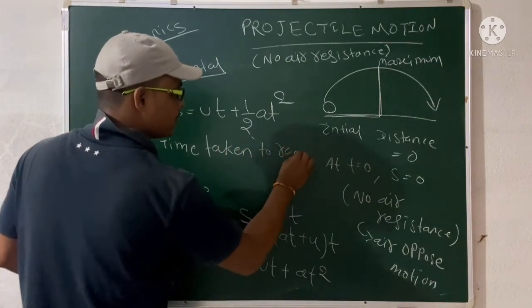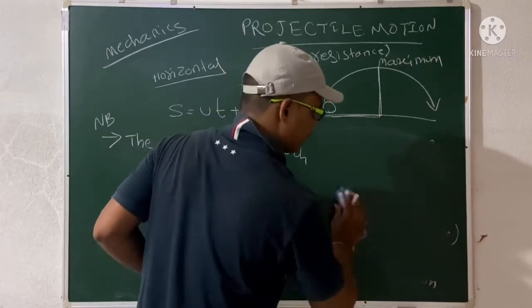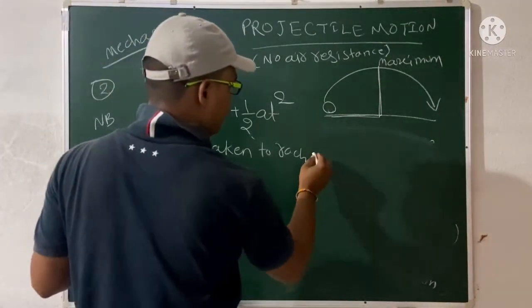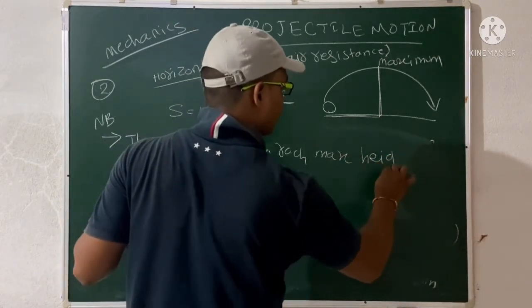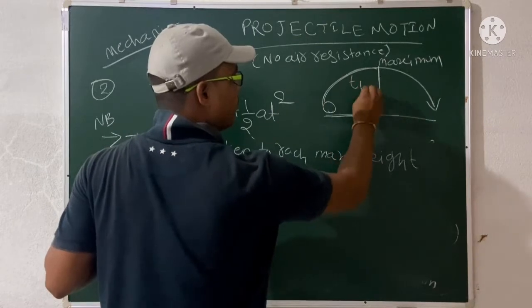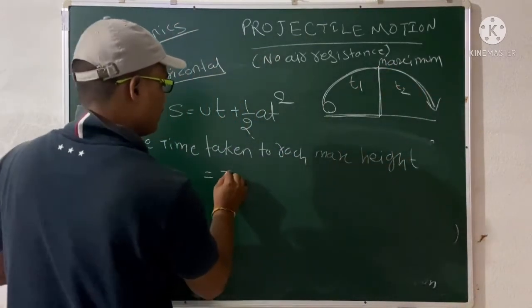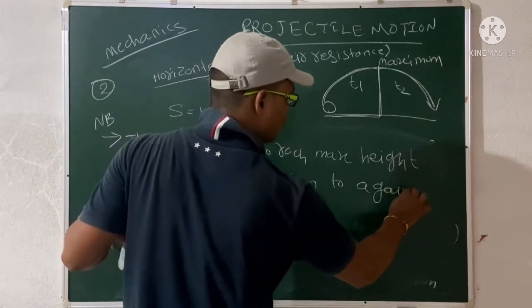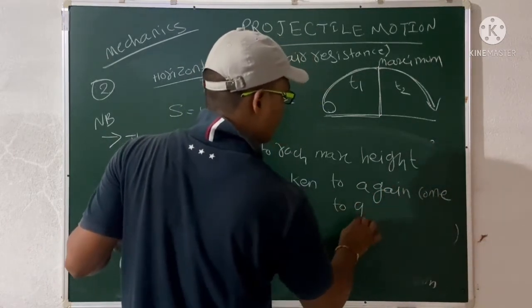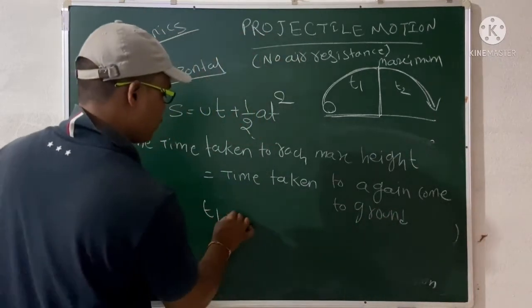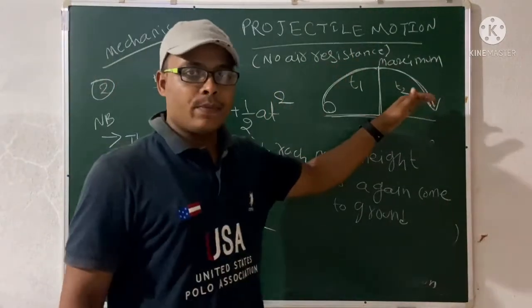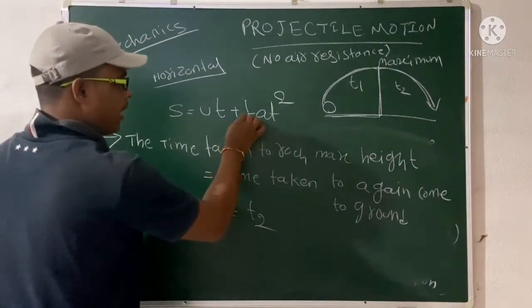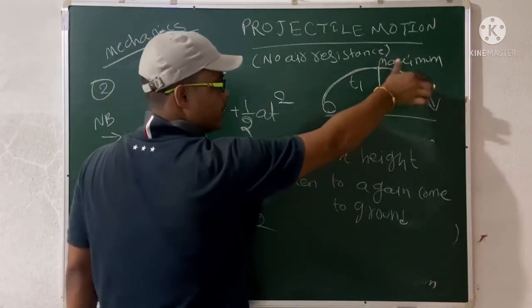This is the second case: the time taken to reach maximum height, that is T1, and T2 is equal to the time taken to again come to the ground. That means T1 equals T2. So remember, the time taken to reach maximum height is equal to the time taken to come from maximum height to the ground. That's why we have given one half side, because the initial path is equal to the final